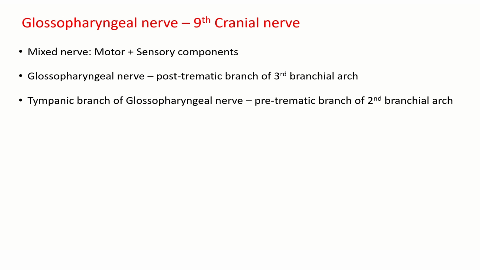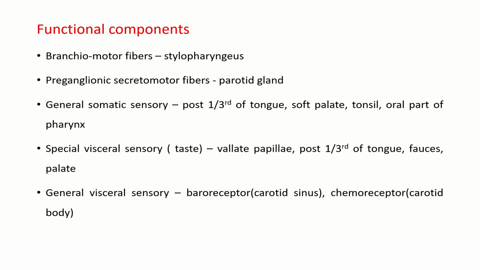So what is post-trematic and pre-trematic? Post-trematic is the nerve which passes along the cranial border of the pharyngeal arch. The pre-trematic is the one which passes along the caudal border of the pharyngeal arch. Functional components: branchiomotor fibers, special visceral efferent, supplies the stylopharyngeus, then preganglionic secretomotor fibers supplies the parotid gland, then general